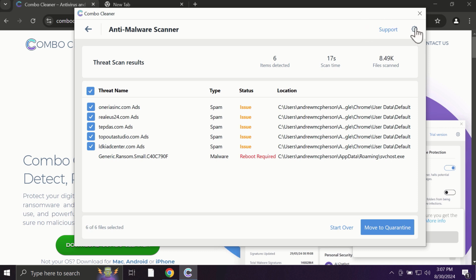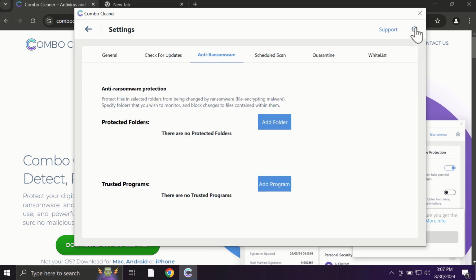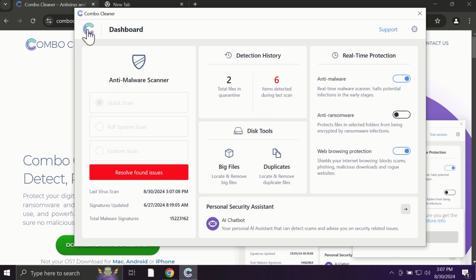With the premium license, for instance, there is an excellent anti-ransomware feature which helps to always keep your data protected. You can add certain folders on your system, and the contents of these folders will always be under protection against ransomware attacks. And Combo Cleaner works extremely well when it comes to identifying contemporary threats like adware,